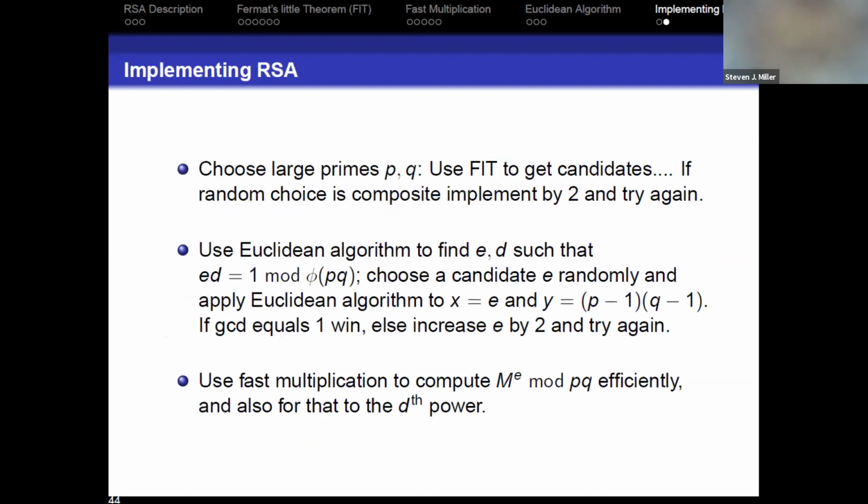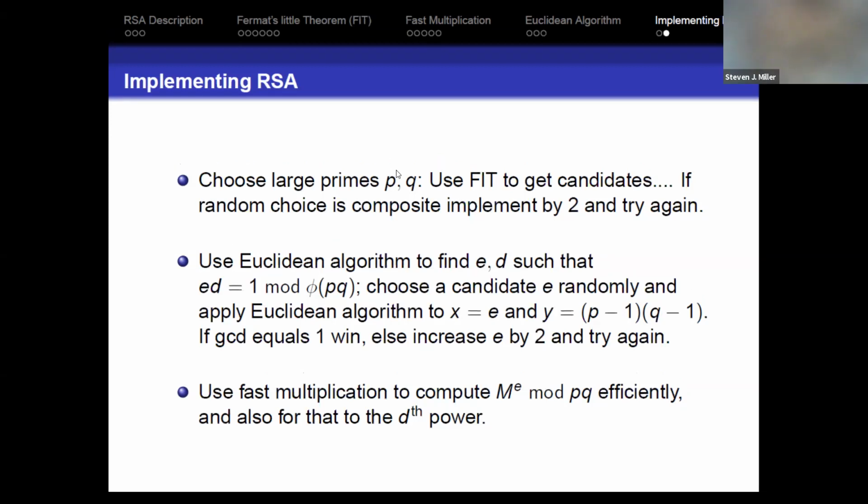But, all right, so let's actually implement RSA and see what we need to do to use it. So the first step is we want to choose large primes P and Q. We can do that using Fermat's little theorem. It gives us candidates very easily. I'm not going to prove this now, but if you count the numbers up to x and ask how many numbers are prime, let pi of x equal the number of integers at most x which are prime. The prime number theorem says that pi of x is approximately x divided by the log of x.